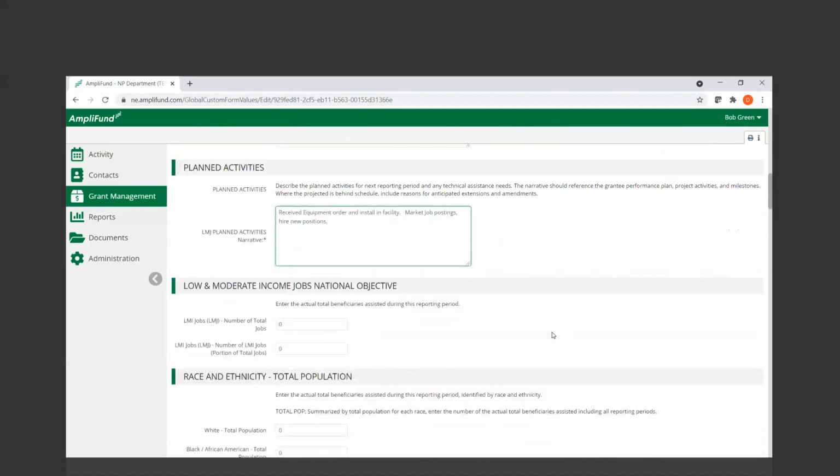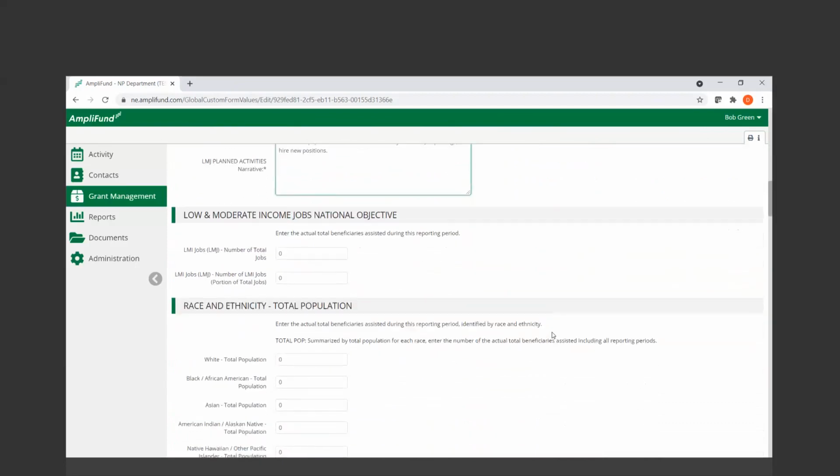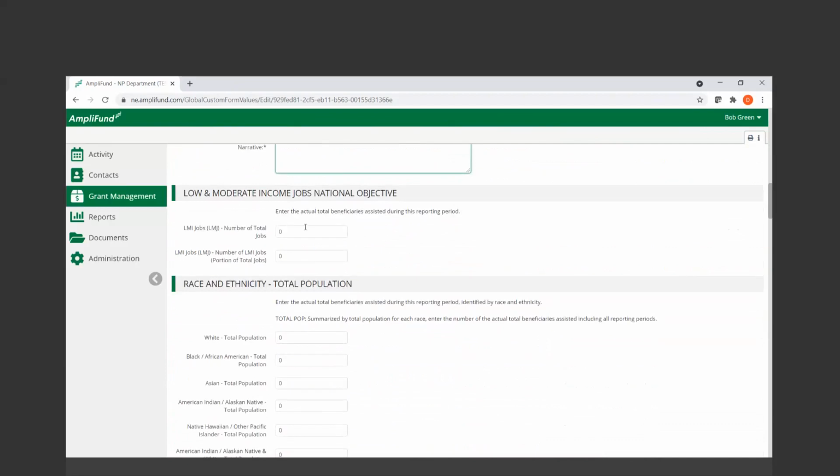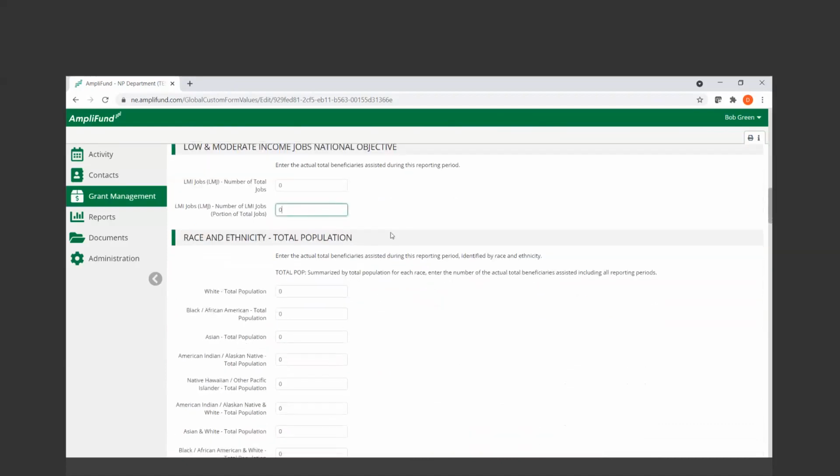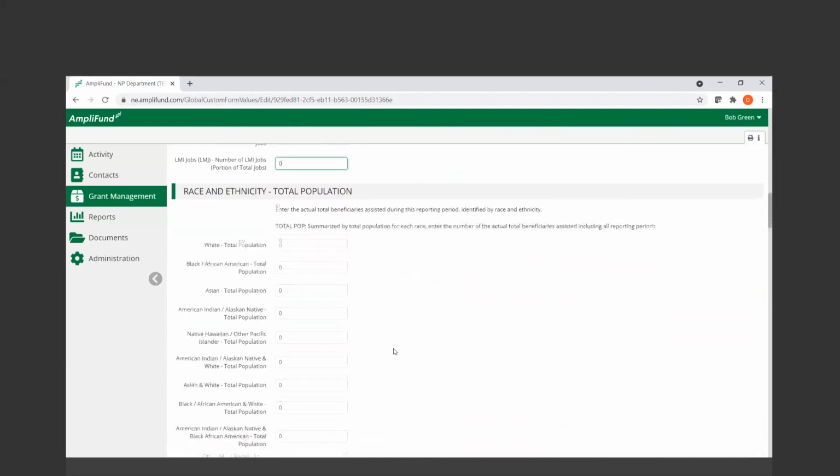So at this time, based off of that narrative, they indicated that they have not created any new jobs at this point, but they're ramping up to it. So it's giving us a good idea of what's going on with the project. So we indicate 0 jobs were created at this time period, and then race and ethnicity is all 0s at